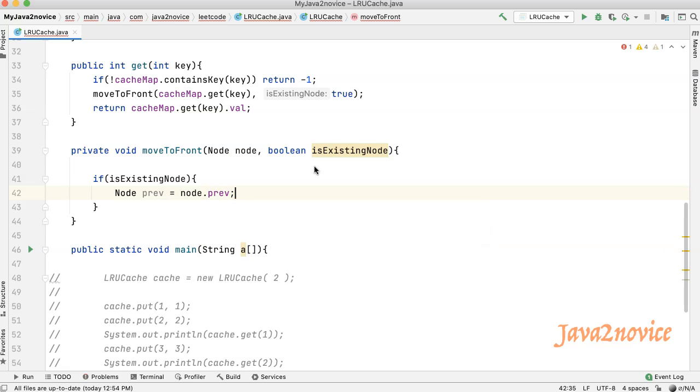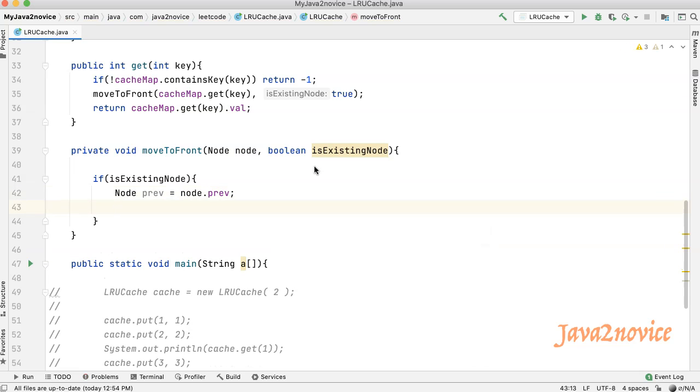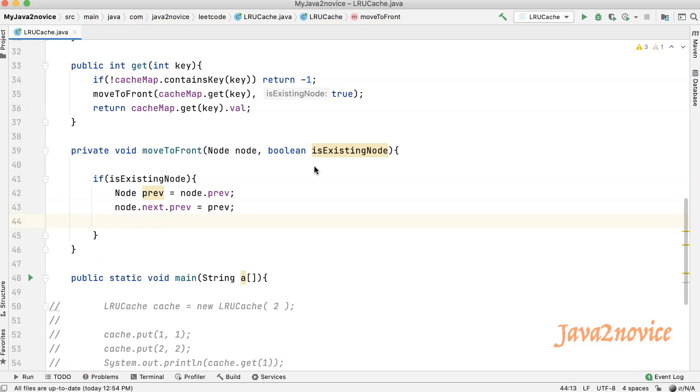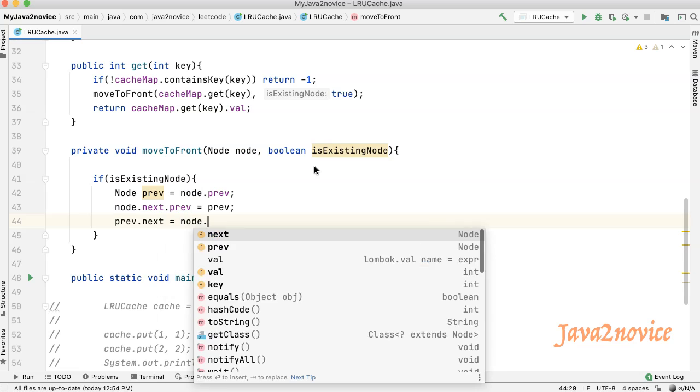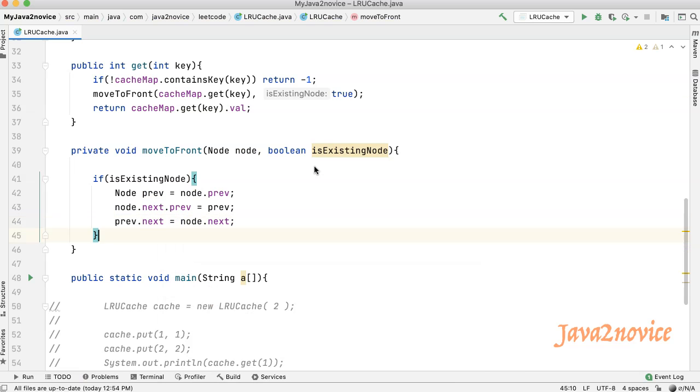Take a temp, replace the next node's previous value: node.next.previous equal to node.previous, the temp node. Similarly, replace the previous node's next reference with the next node value: previous.next equal to node.next. Now add the node in the front.